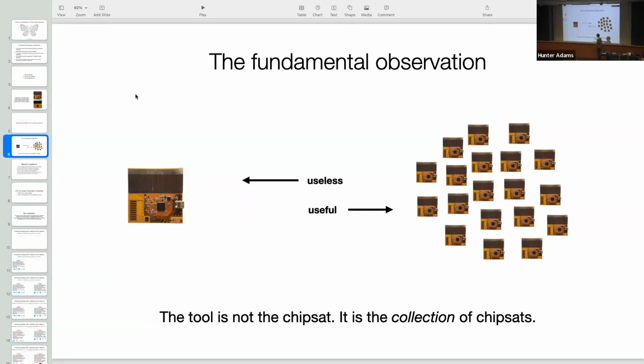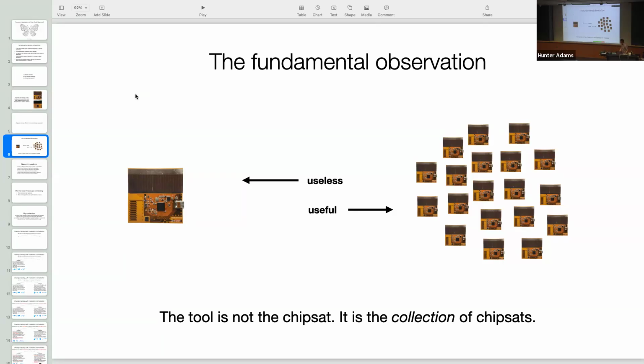If you consider an individual chipsat, the data rate that you get out of one of these things is really low, so low that it would be really hard to do meaningful science with that as your scientific measurement tool. But the data rate that you get from a large collective starts to be competitive with the data rate that you get from a conventional satellite. So the observation here is, if the definition of a spacecraft is a machine that does something useful in space, then the spacecraft is not the individual chipsat. The spacecraft is the collection.